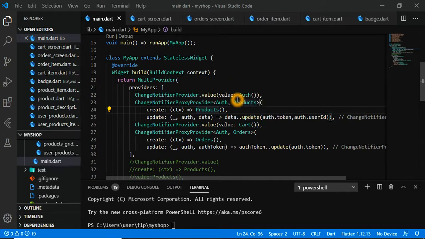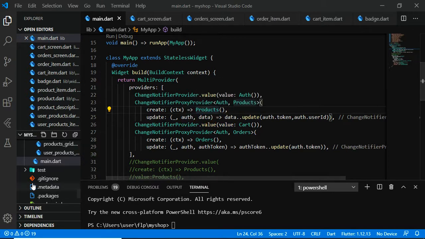Can you guess where this update function will be? It's quite obvious that we'll be creating an update function in the products provider. In this case I am just updating the token and user id of products using the data provided by this auth.